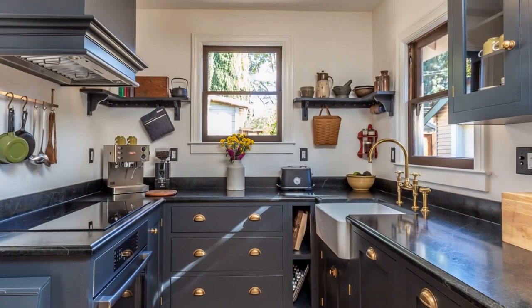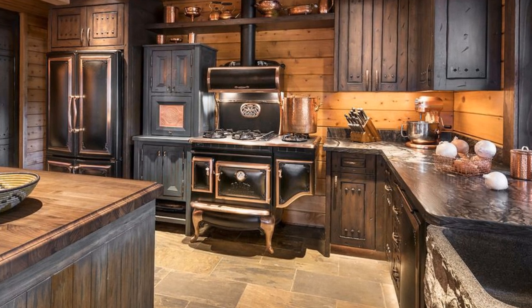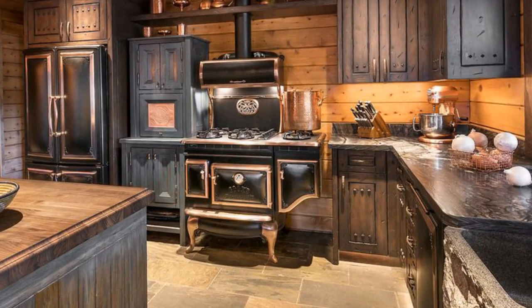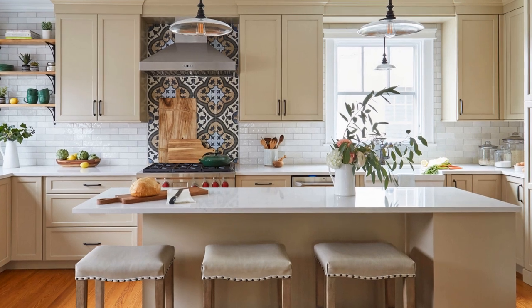4. Open shelving and glass cabinets. In vintage kitchens, open shelving and glass front cabinets are popular design choices. They offer the perfect opportunity to display vintage dishware, cookware, and decorative pieces. Whether it's colorful ceramic plates, antique teapots, or vintage glass jars, these items add character and a sense of history